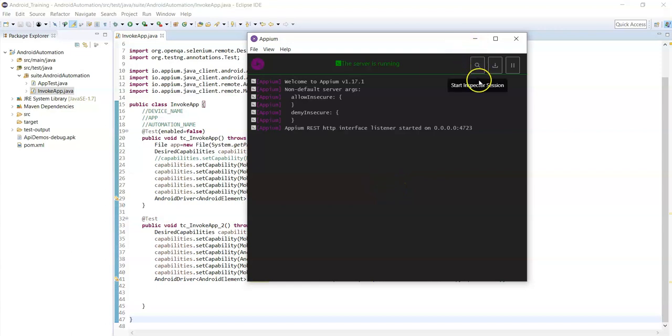Now you can see here this is a search icon. So this is the inspector provided by Appium developers in latest releases. So you can say start inspector session. Now click on start inspector session.